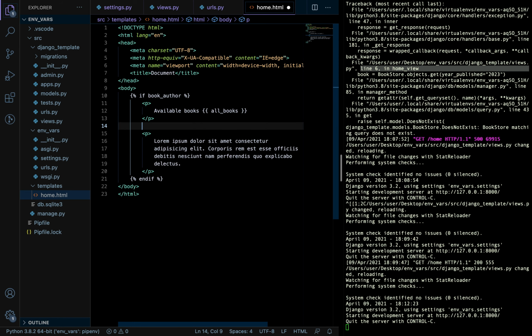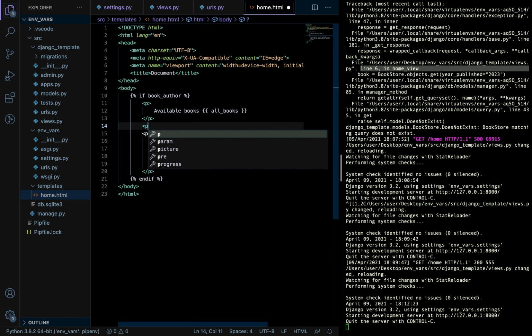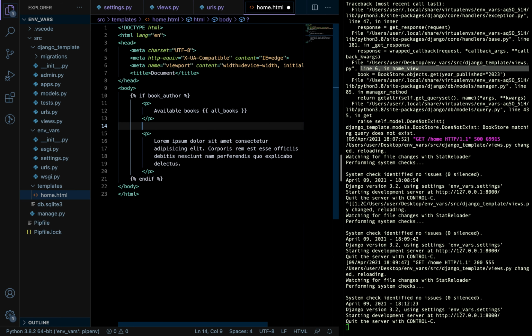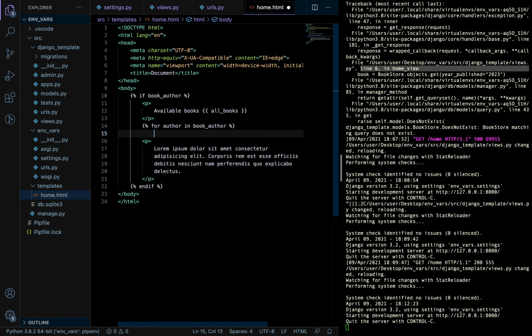and we're also going to get, okay, so now let's use a for loop to get the list of their various authors, so we'll have for author in book author. Okay, let's also end our block of code here as well,